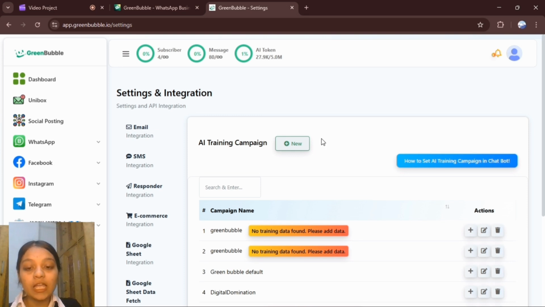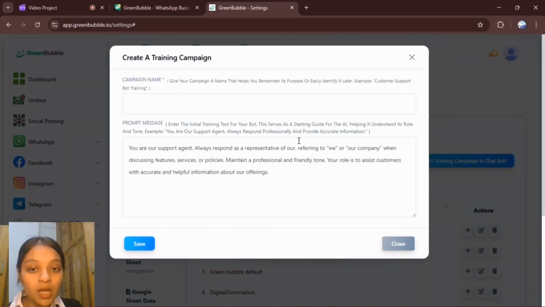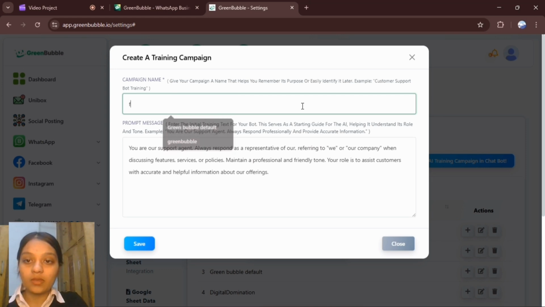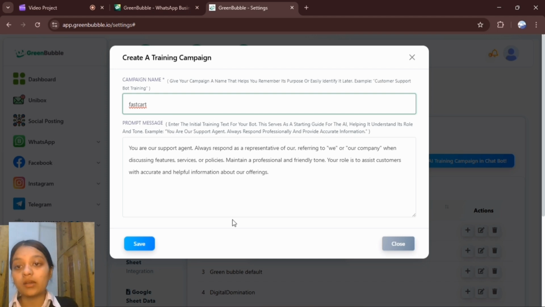So basically, if I have to create an AI campaign, I will just select new over here and I can name it anything. What should I name my AI campaign for today? I will just name it Fast Cart. It's just a random name, and here is a default prompt for our AI campaign.